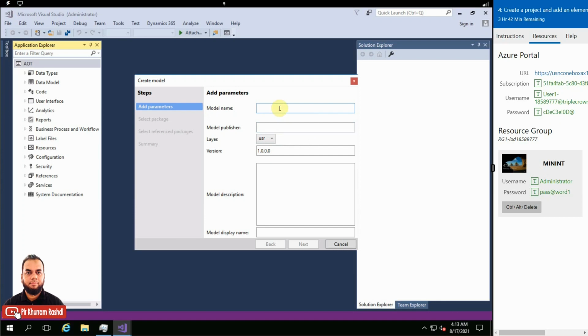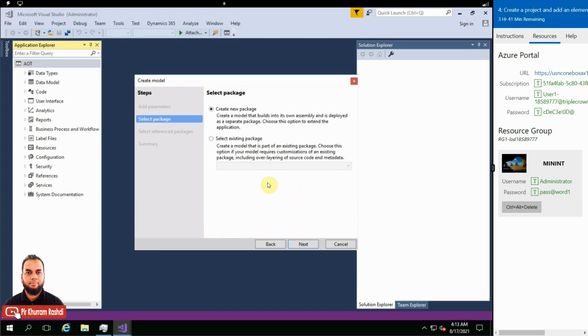So just give it a name like PKR model, and give it your name, or if you are working in a company, give a little bit of description like the model code. Just create a sample text, and now you can create a new package here, and if there is already a